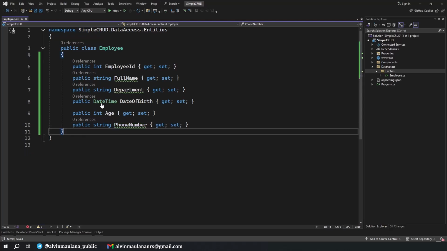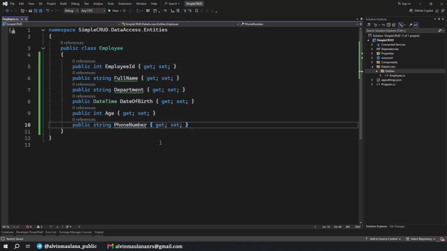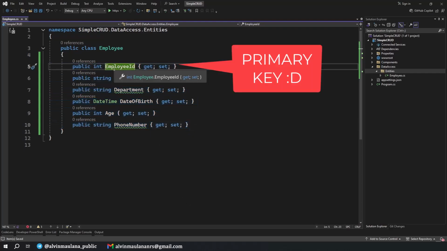Okay. In this project, as a sample scenario or sample case, we are going to have an employee management system. So we can add new employee data, edit employee data, and remove employee data. If you want to try playing around with this data or property in here, you can add any property as you want, and then it will be converted into column in database. But I prefer only using these 1, 2, 3, 4, 5, 6 columns. It's okay. And then the employee ID will be the primary key in our table.